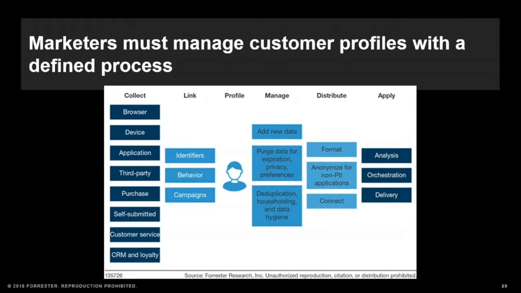Then you distribute it. You distribute it for use cases across all of your marketing disciplines, from email to social to CRM, sort of coming back actually in many ways to the places where you collect the data. And then you analyze, you orchestrate, you deliver, and you start over again. This is an example of continuous learning, of getting smarter over time, and learning more and more about your customer, their behaviors, their interests, their desires,